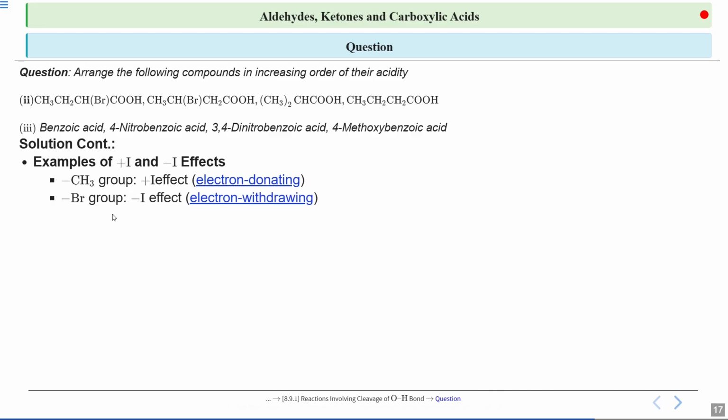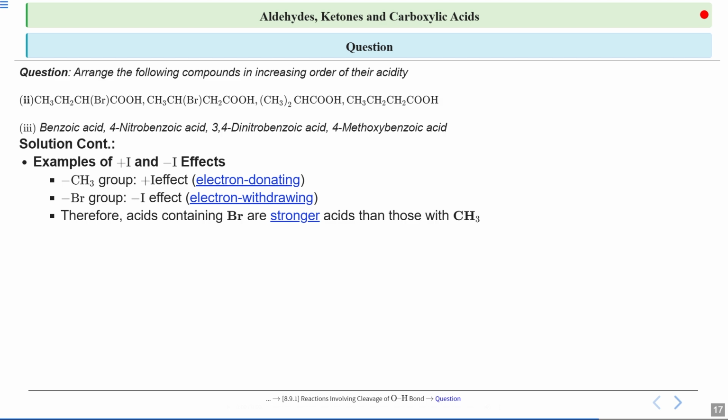Similarly, if I talk about Br, the bromine group, it has minus I effect, means it can withdraw the electrons. So this electron withdrawing property can make the compound more acidic. How? By stabilizing the negative charge on the conjugate base. Therefore, the